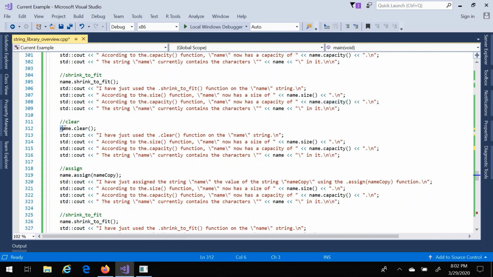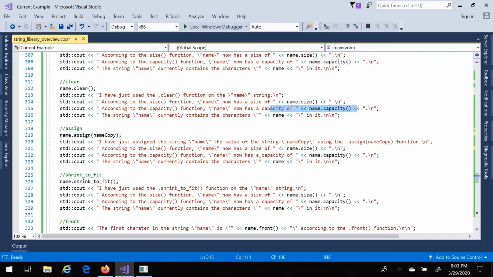And then I clear it. Clear clears it. Empty checks to see if it was empty. Clear actually clears out the string. So now the size will be 0, but the capacity will still be that 50. Clear doesn't resize it or reset it back down to 15. It simply says, I don't need these characters anymore, and gets rid of the string that you have stored in it. You still have all that storage space allocated. And you'll see that. And then when we go